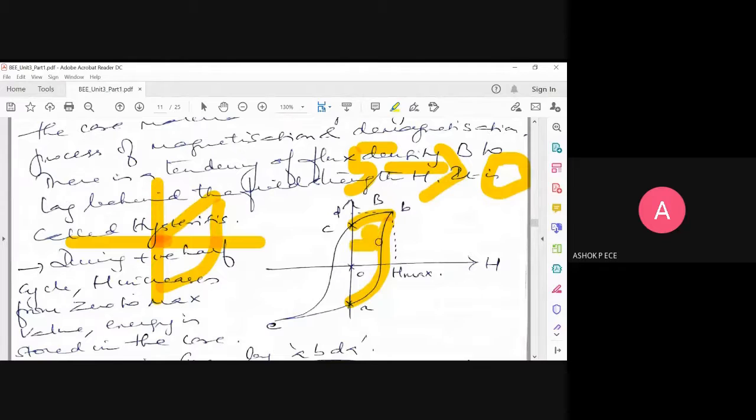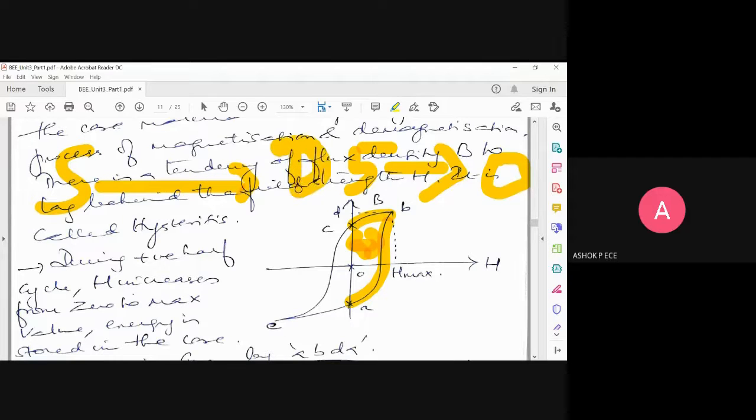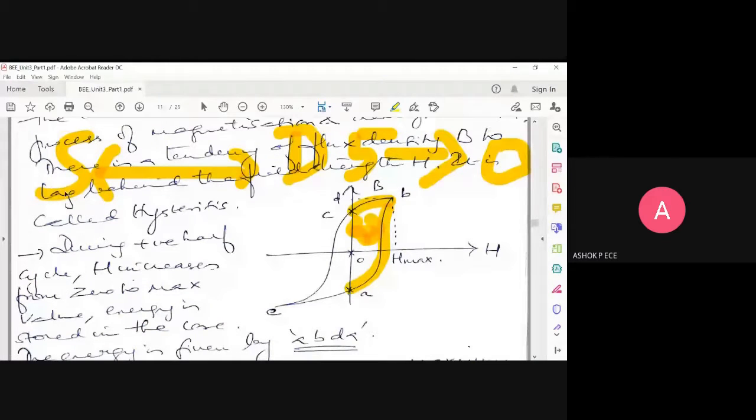This difference is what we call hysteresis loss. Assume, with a simple example, you are going to travel to a destination, and there is only one route. From source, you go this way and reach the destination. When you want to return, you take the same route and come back to the source. But what happens here? From source to destination, I go through one path. From destination to source, I take a different path.